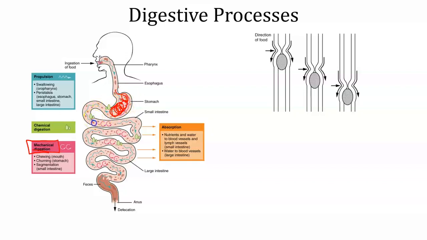From here then, there is an injection right about here, right past the stomach. There's an injection of a whole bunch of enzymes that are going to work to chemically digest the food. But even though most of the chemical digestion occurs here in the small intestine, it also occurs even as soon